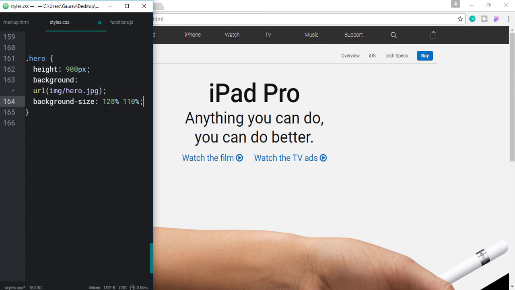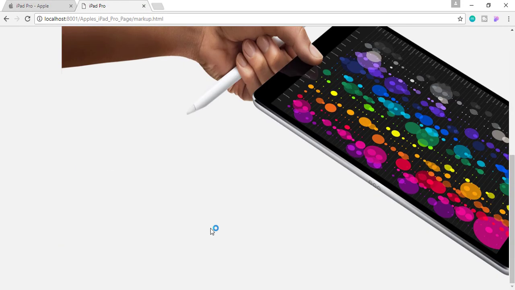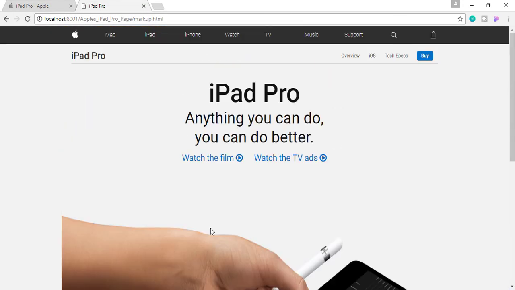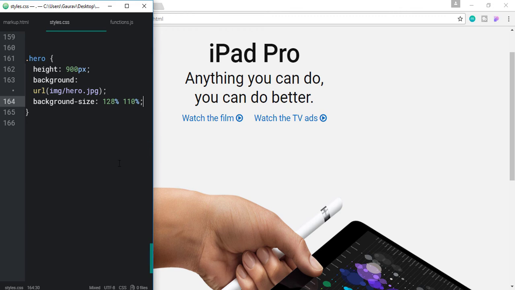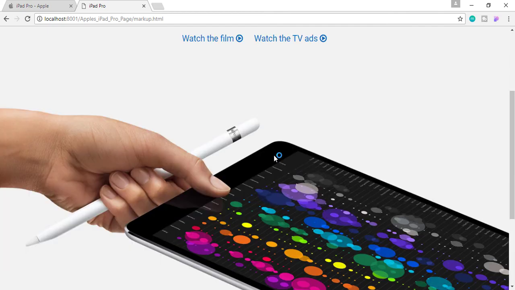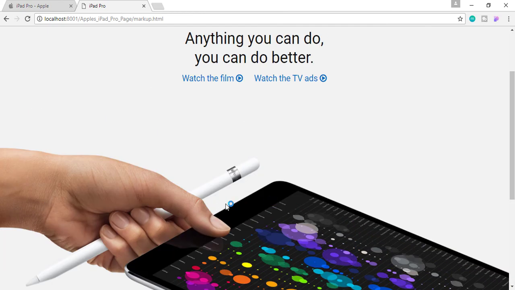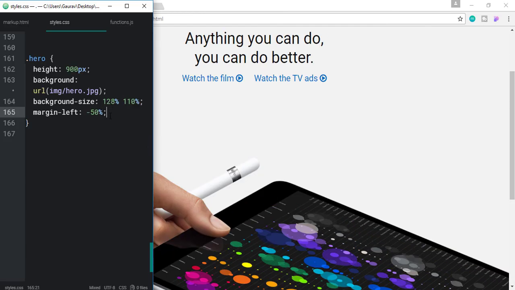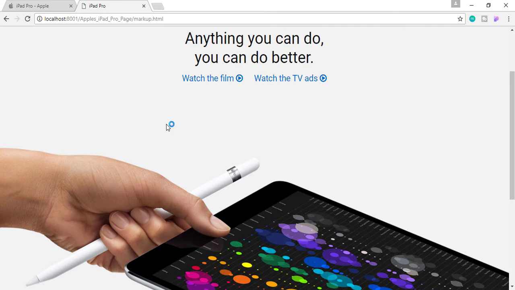Okay, so here you can see we have got the image, and now let's change the margin left to negative 50%, so it will move to the left, and let's set the margin top to negative 5%. So it will move to the top.